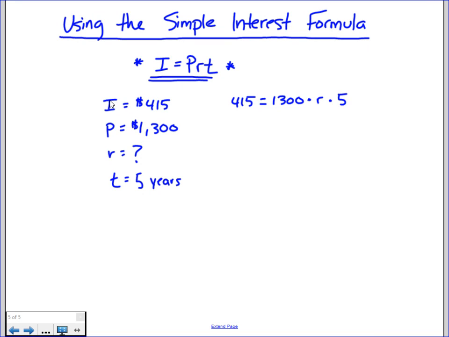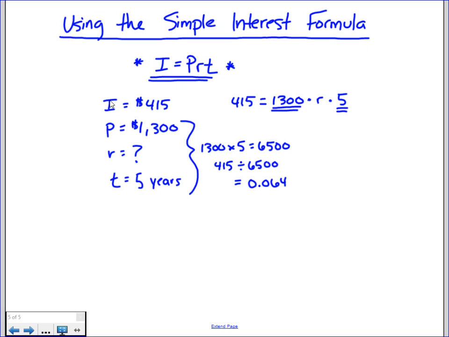So essentially what I'm doing here is solving this like an equation. I'm going to multiply the 1,300 and the 5, and then I'm going to divide 415 by that number after I multiply. So when I do 1,300 times 5, that gives me 6,500. And then I'm going to take my interest, 415, and divide it by 6,500. And that's going to get me a decimal, and I've rounded this decimal. Gets me